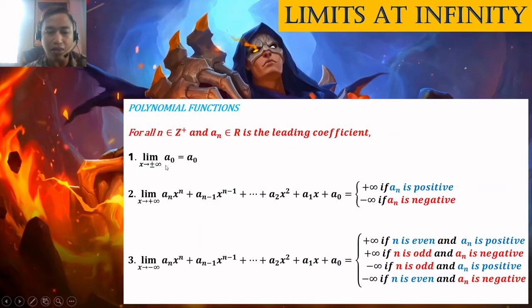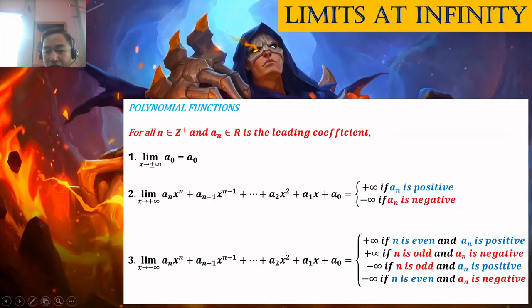Okay? Next, the limit of the polynomial function as x approaches positive infinity is positive infinity if our leading coefficient a_n is positive, and if a_n is negative, the answer is negative infinity. Now, number 3, the limit of the polynomial function as x approaches negative infinity is equal to